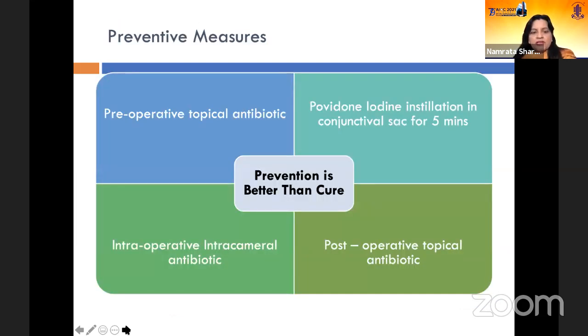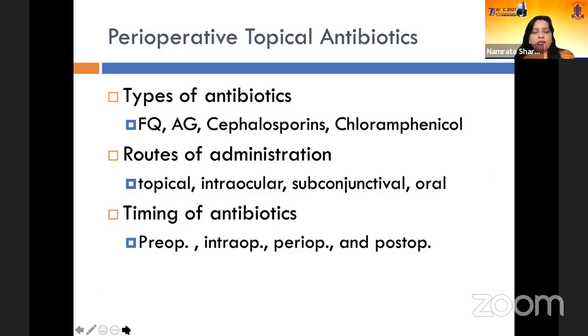Now, prevention is better than cure, and to prevent endophthalmitis there are various measures which can be taken, which include preoperative topical antibiotics, povidone iodine instillation in the conjunctival sac for 5 minutes, use of intraoperative intracameral antibiotics, and postoperative topical antibiotics as well. There are various types of antibiotics which can be used, such as fluoroquinolones, aminoglycosides, cephalosporins, or chloramphenicol. The route of administration could be topical, intraocular, subconjunctival, or oral, and the timing of antibiotics could be pre-op,